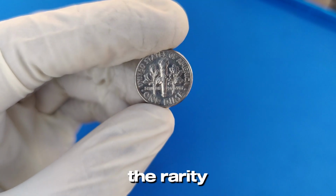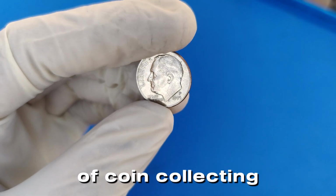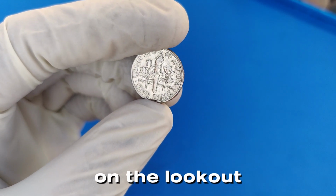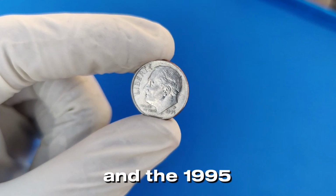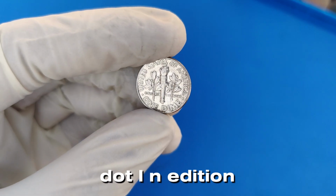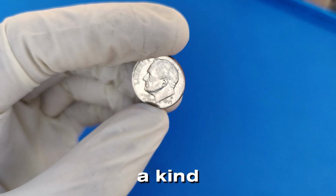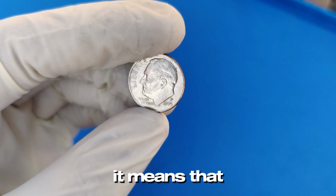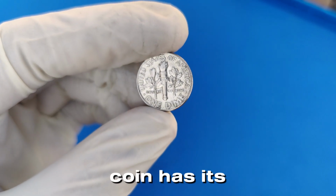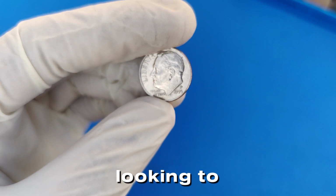First and foremost, the rarity of these error coins makes them a sought-after item in the world of coin collecting. Collectors of rare coins, also known as numismatists, are always on the lookout for unique pieces, and the 1995 P dime with a double die error fits that description perfectly. In addition, error coins are often considered more desirable because they are one of a kind. When a coin is struck with an error, it means that no two coins will ever be exactly alike. Each error coin has its own unique characteristics, making it a prized possession for anyone looking to add something extraordinary